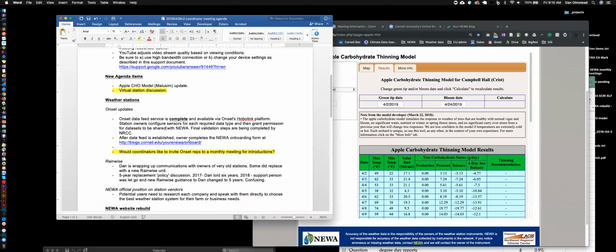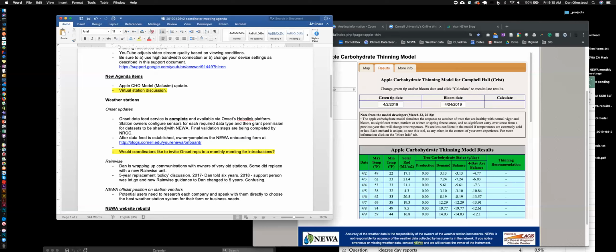Understanding that we're in the middle of a website rebuild, we're finishing integration with Onset and whatnot, but just, I think as a group, if we have an understanding of what's realistic, would this be a medium term or a long-term goal? Do you have any insights on that, Keith?